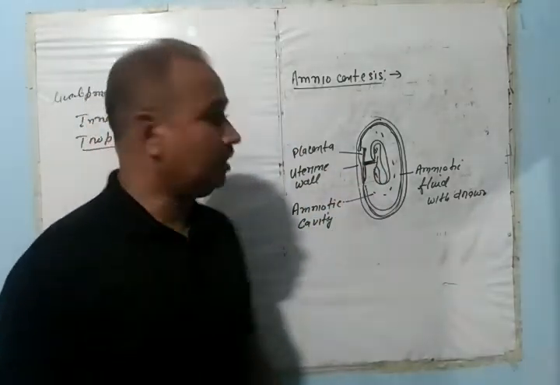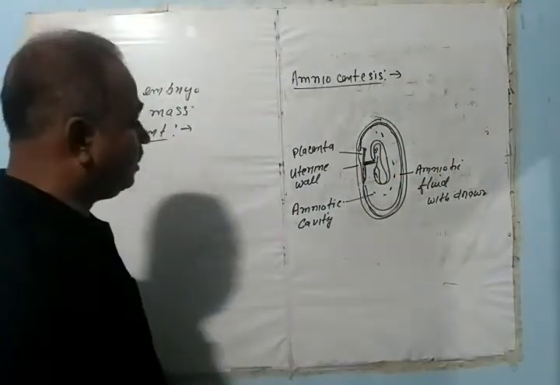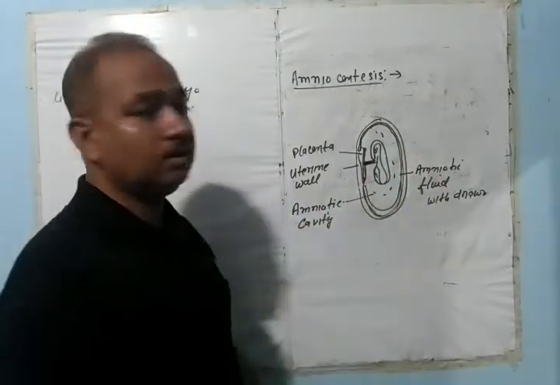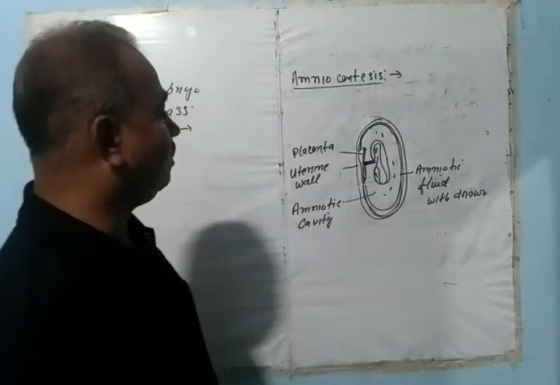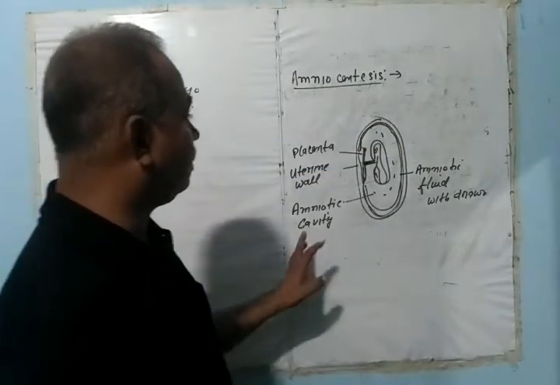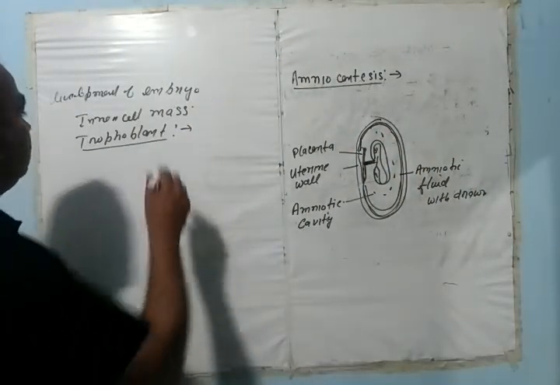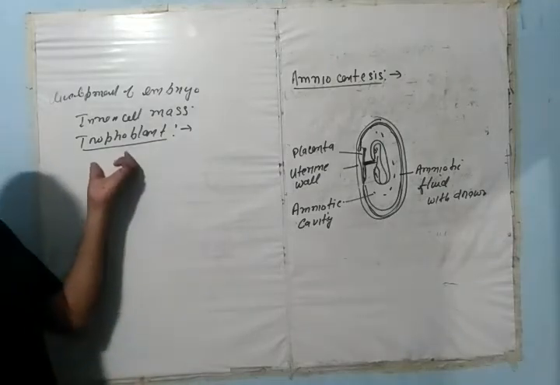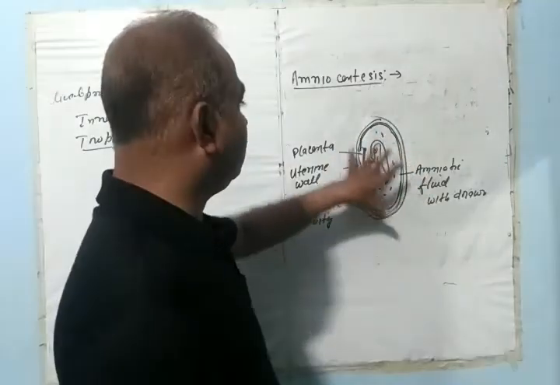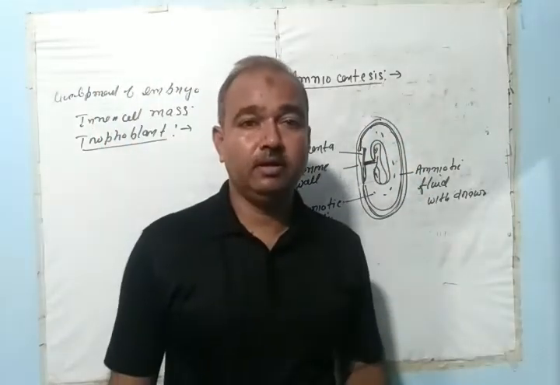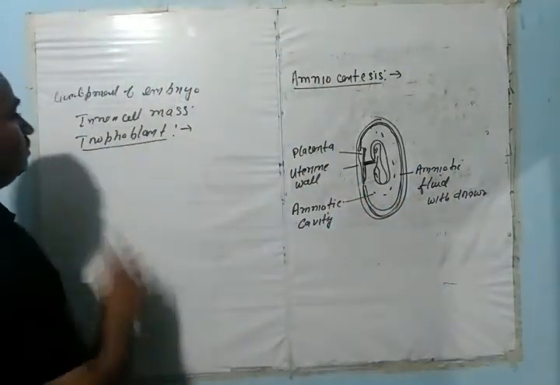and all the extra-embryonic membranes. This is the amniotic layer, and in the amniotic layer a fluid is found. It is a fluid-filled cavity. This is called the amniotic fluid, and this amniotic fluid is formed by the trophoblast indirectly, because all the post-embryonic development or the development of the fetal membrane is carried out with the trophoblast.